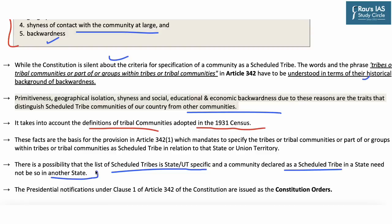state. So if a community has been declared or categorized as scheduled tribe, say in Himachal Pradesh, then it's possible that same community has not been categorized as scheduled tribe in the neighboring states, say Uttarakhand or even Uttar Pradesh or other states. And the presidential notifications under clause 1 of article 342 of the Constitution of India are issued